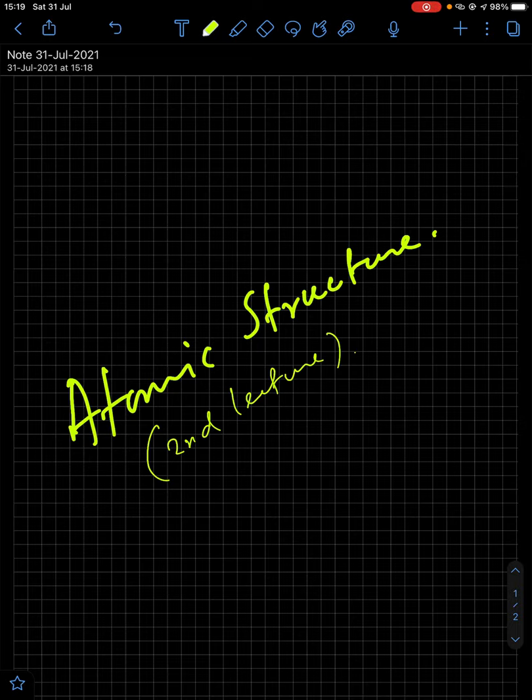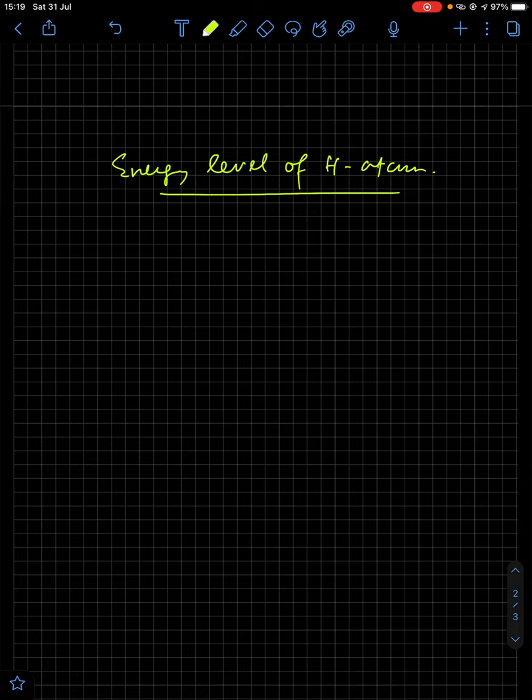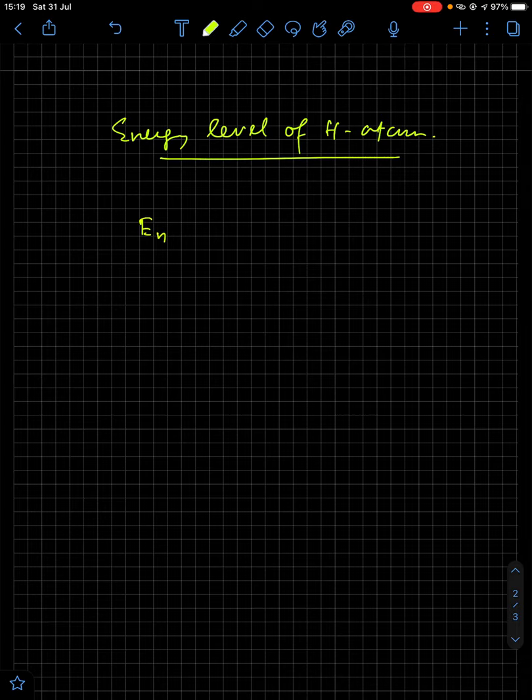Hello everyone, so this is the second lecture on the chapter atomic structure. In the last lecture we discussed frequency and time period calculation by using Bohr's postulates or by using Bohr's theory. Now we will see energy level of hydrogen atom. Okay, so the energy relation that we derived by using Bohr's postulate or Bohr's theory is minus